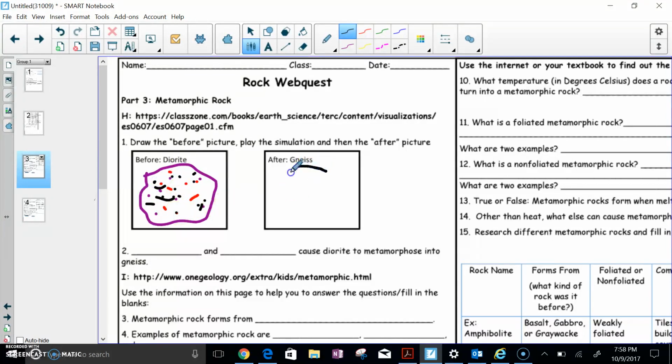Okay, after we have heat and pressure, we have some nice lines, okay? So this is foliated, this is non-foliated. Okay, so let's see. So heat and pressure